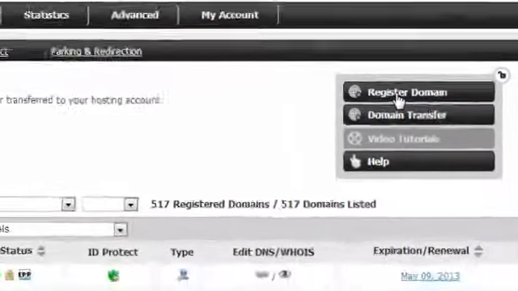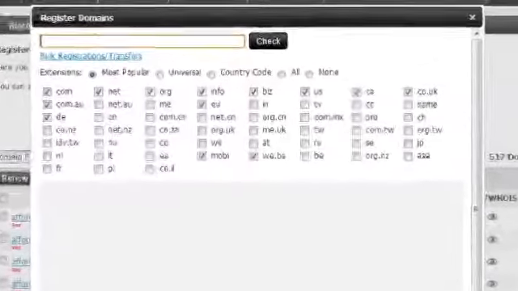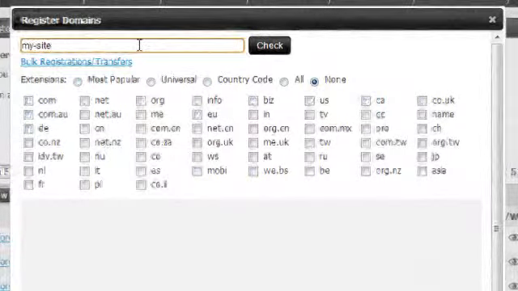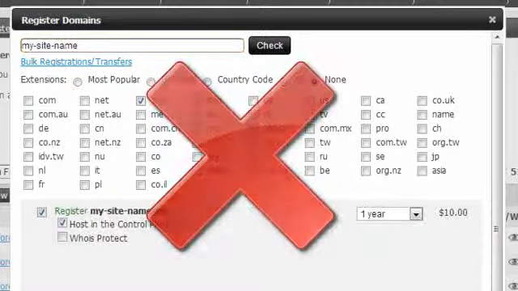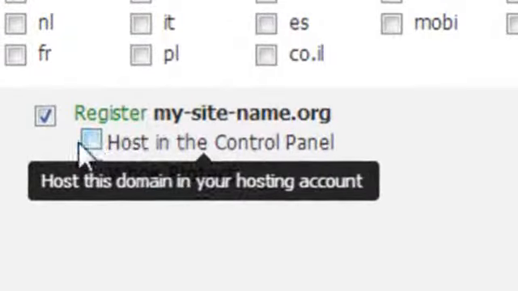When you register your new domain, you need to choose if you want to host the domain or not. If you do not want to use the domain for a site for now, then do not pick the domain. This will automatically put the domain in a floating status.